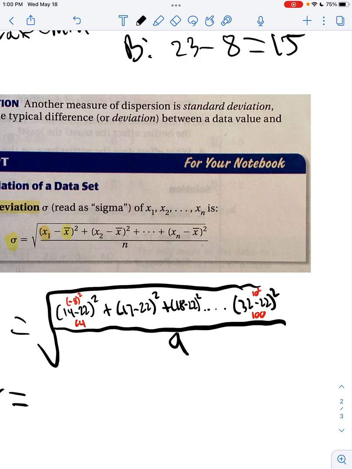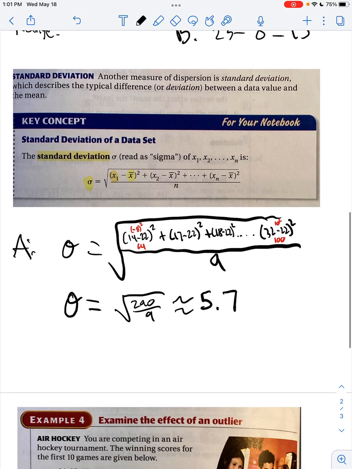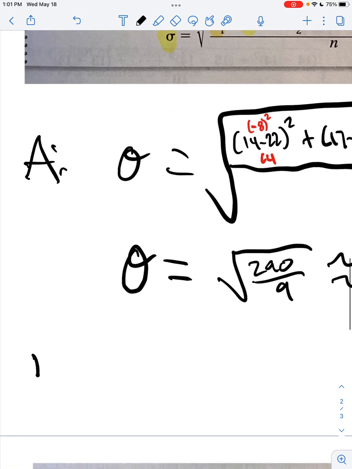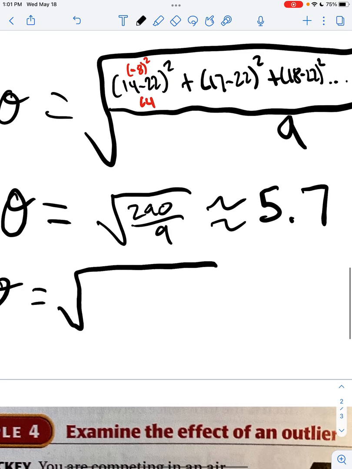So when we get that, we get a total of 290 on the top divided by 9, which is approximately 5.7. So the standard deviation of the first data set A in Office A is about 5.7. Whereas if we look at data set B, again, to find my standard deviation, I've got this formula,